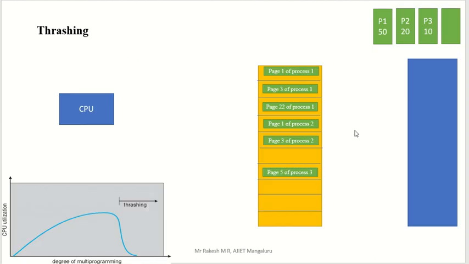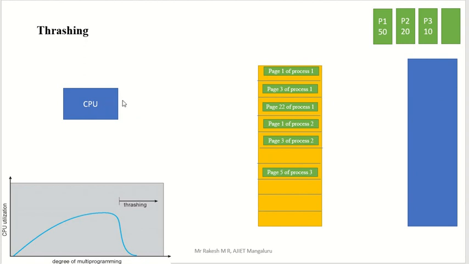See this diagram, thrashing. Here we have the CPU. Okay, I think you can see this. Here we have memory. The complete memory is there, and that memory is divided into frames, many frames. Here we have secondary memory. Here we have processes. Those processes are initially stored in secondary memory. Whenever needed, they are taken into main memory, and the main memory processes are sent to the CPU for execution.